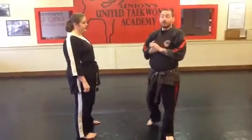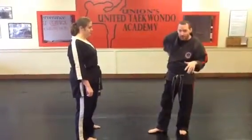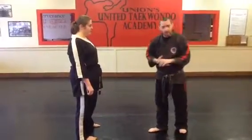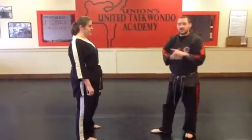Okay guys, we're going to go through, for the teens and adults, the 5 basic flow drills. These are again seen at the first and secondary ranks with weapons, so we'll talk about that as well. We're going to start with the basics. The first that you see, for everybody's responsible for it, but the white through senior level specifically, is what